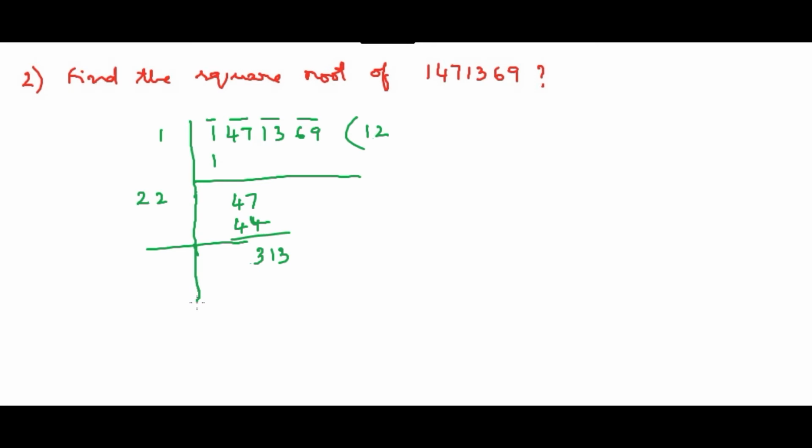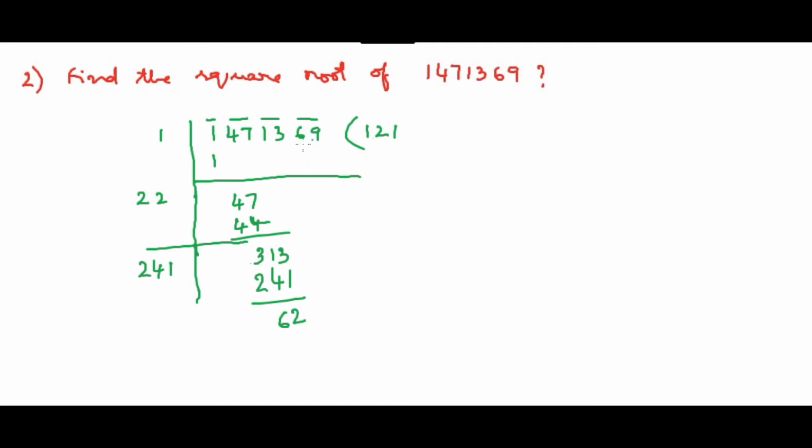Again the same principle. This is 12. So 12 twos are 24. So 24, how many times will it go? It can't go 2 times because it will become 400 change. So let me go ahead with 1 only. Now it is 241 only. So it is 241. So 2 and it is 10. 10 4s are 5 and 1, it is 6. That's all. 62 is remaining.